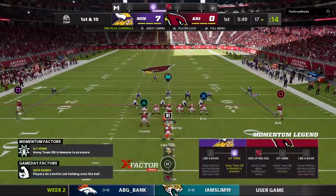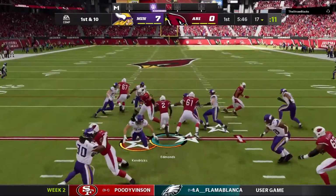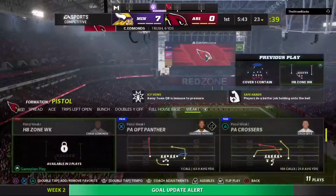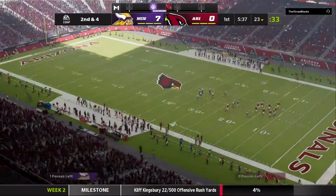Murray and the Cardinals with a 1st and 10 at their own 17-yard line. Now the first carry for Chase Edmonds. It's a 6-yard gain on the ground, and that'll make it 2nd and 4. This defense for the Vikings, terrific last week in the...